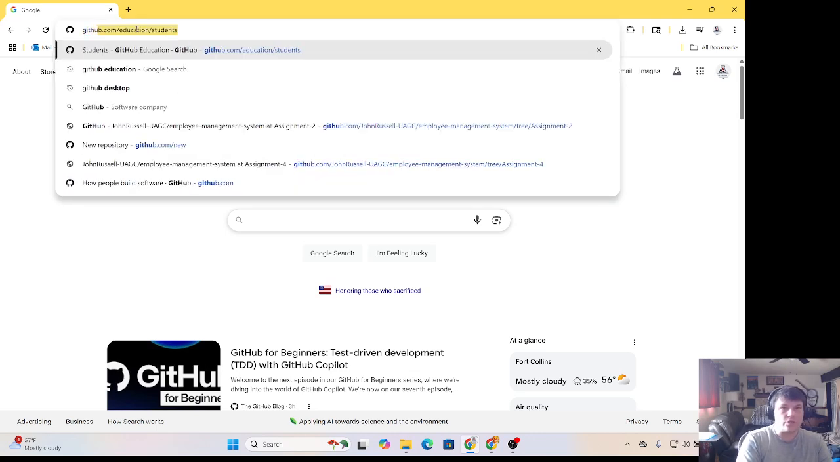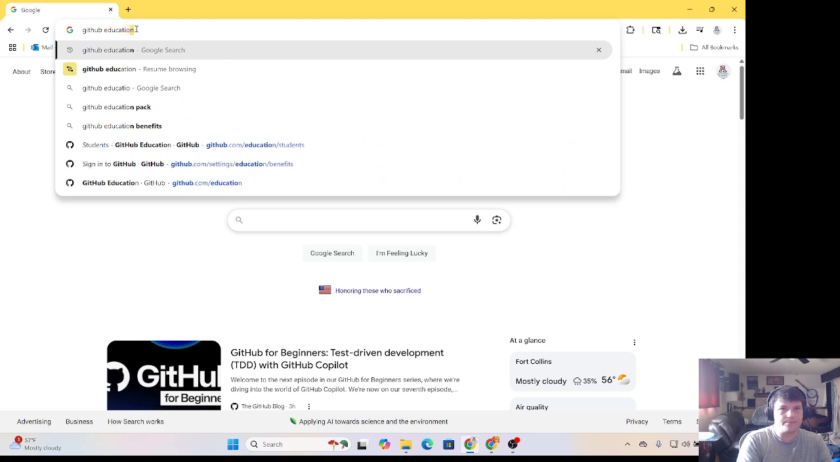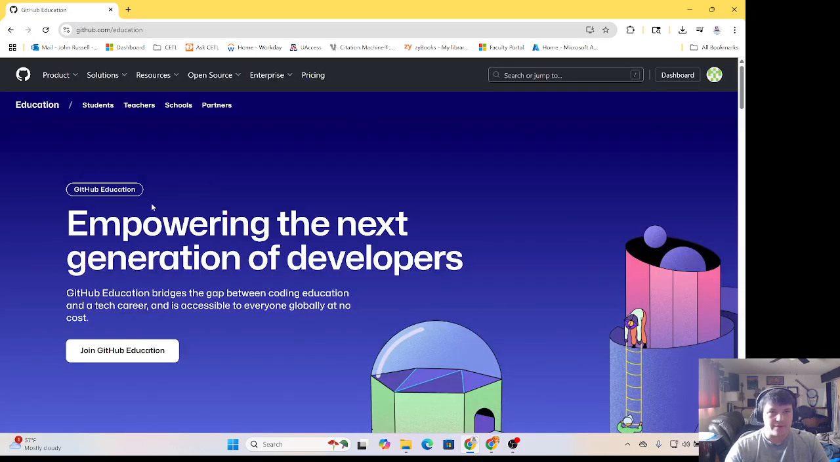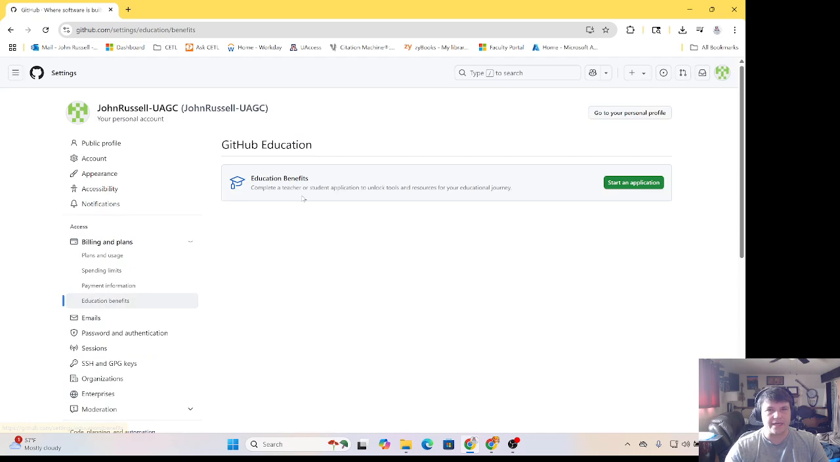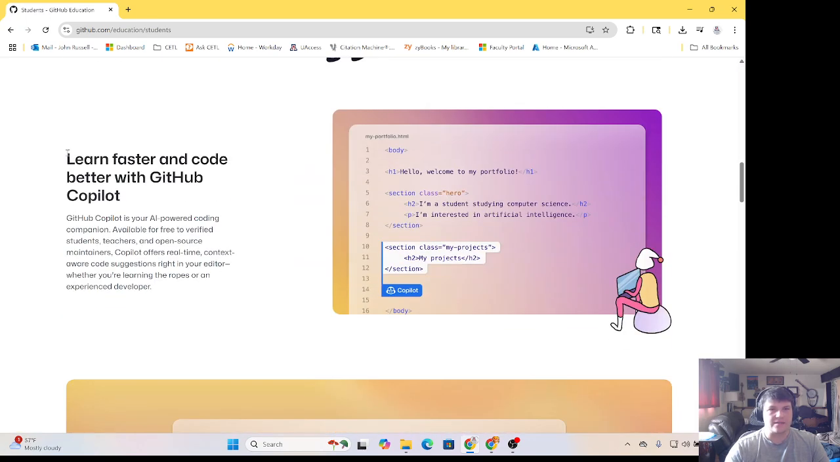So the first thing I want to show you is GitHub Education for students, and I'm just going to Google GitHub Education to get there. It's this first link right here. And we can see here a tool that I'm going to be using. I'm going to just click on students, but you can just join GitHub, use your .edu address, and get all signed up. But in students, you'll get access to code faster with GitHub Copilot,